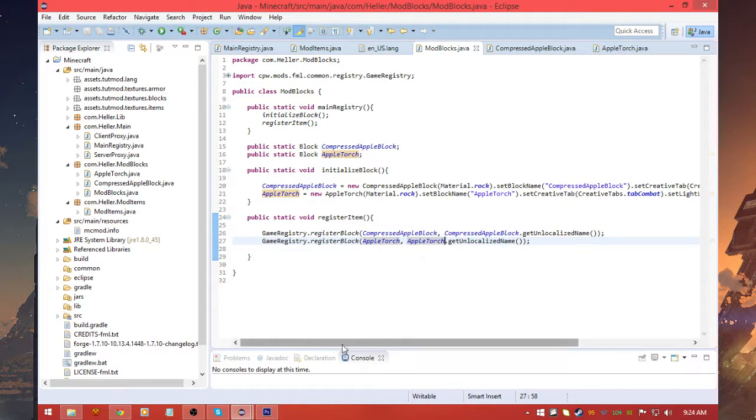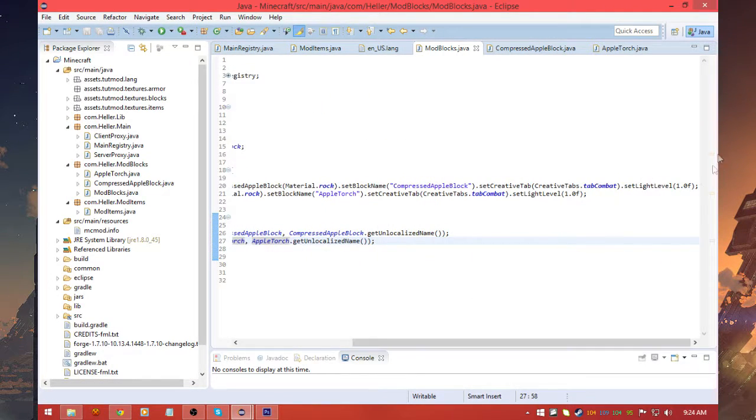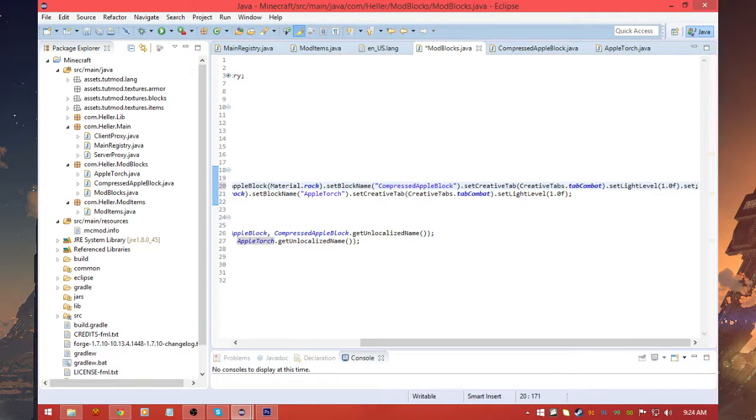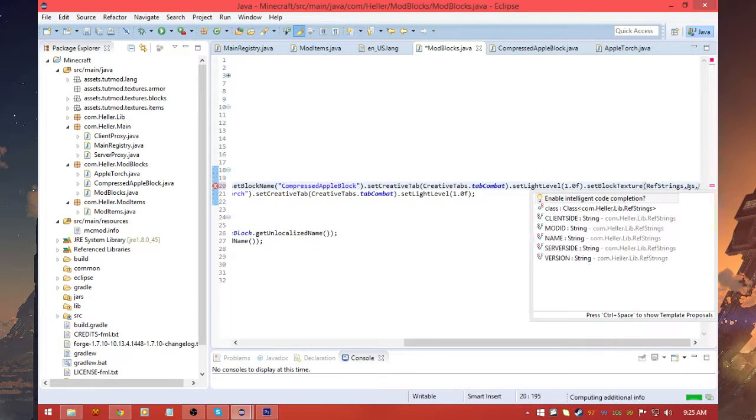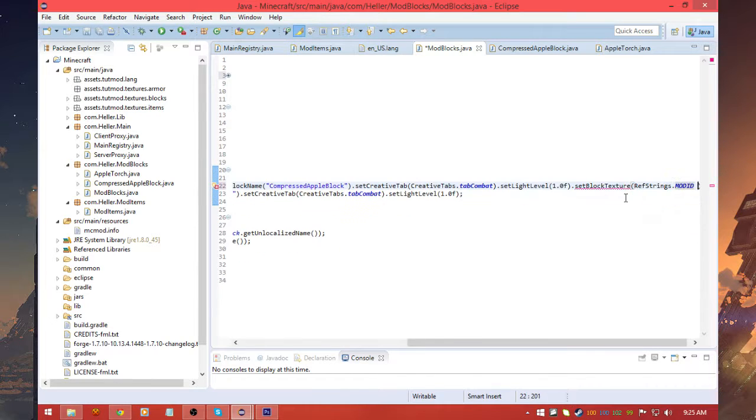So in our blocks tab, we are going to set the textures. So what we got to do is click in here and type set block texture, parentheses. In there we got to do ref strings dot mod ID plus,